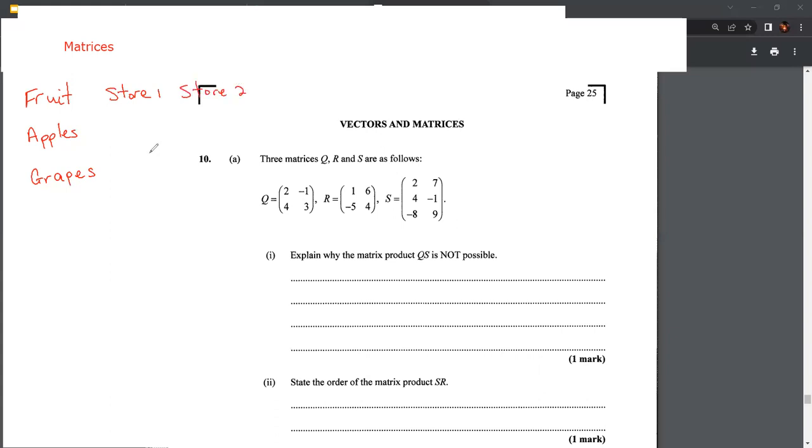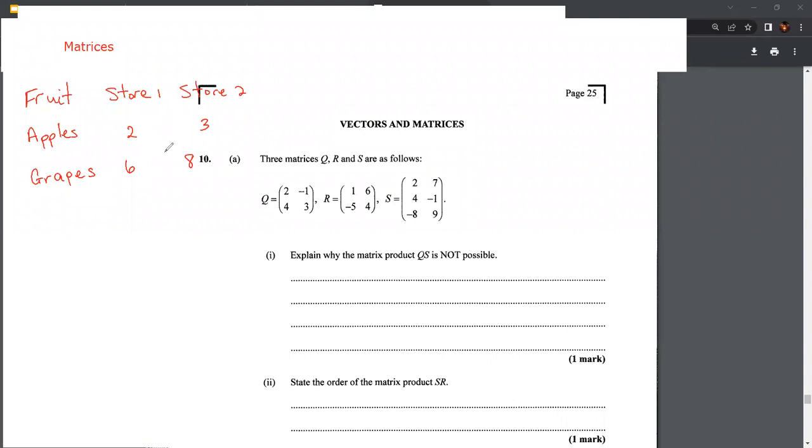So it's just an example of matrices. So let's say this is the money that was spent by somebody comparing the prices of apples and grapes from